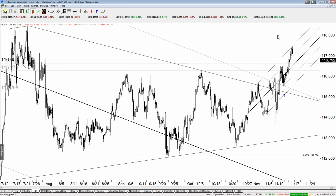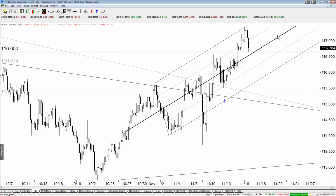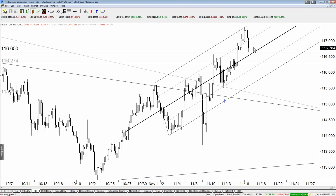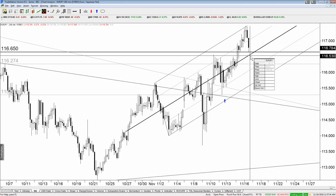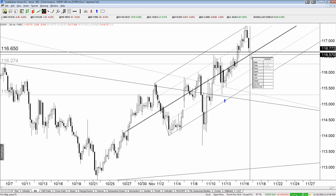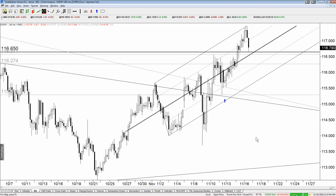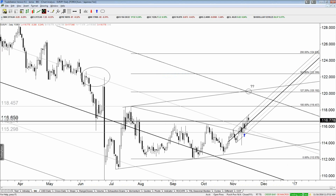Median line here, which hasn't necessarily been support or resistance throughout, but it could be. I mean, we did really explode through it, right? On the 15th yesterday. So you could get support at this median line, which is very close. It's about 1650. In fact, it looks like it's at this high here. What's that high? It's the high from the 10th. So last Thursday's high, 1657. So I'd be looking at that to provide support